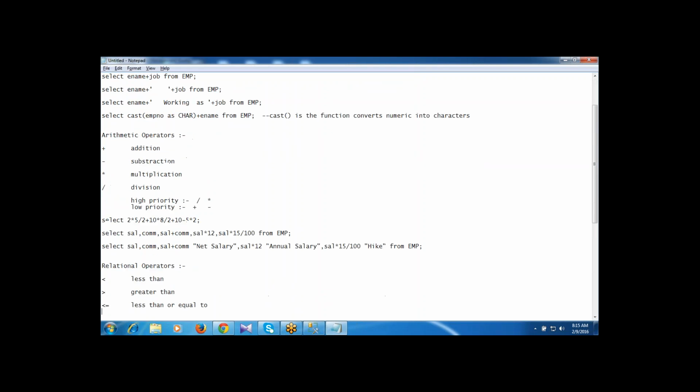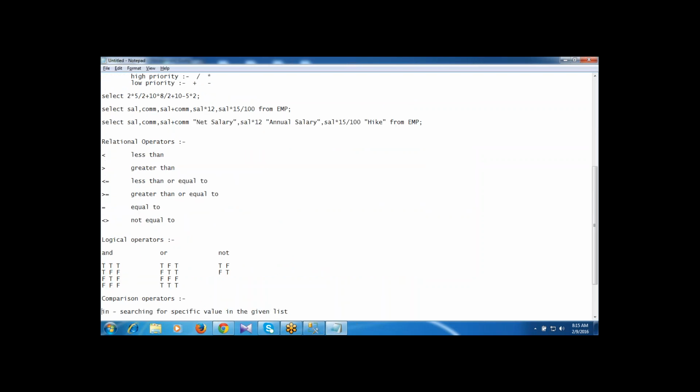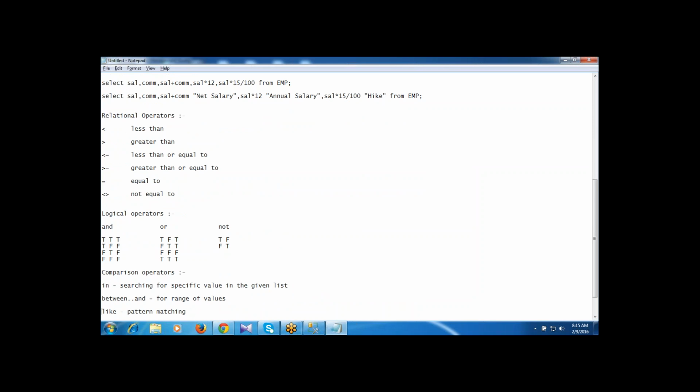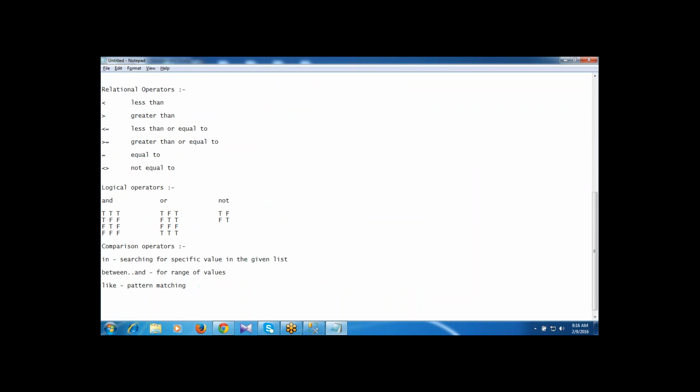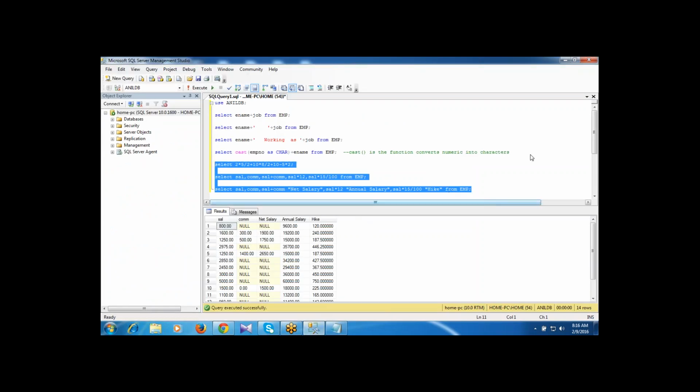Relational operators are less than, greater than, less than or equal to, equal to, not equal to. Logical operators are AND, OR, NOT. Using the logical operators, we can check more than one condition at a time. The comparison operators are the IN operator, which is a list operator, searching for a specific value in the given list, the BETWEEN AND operator for a range of values, and the LIKE operator for pattern matching.